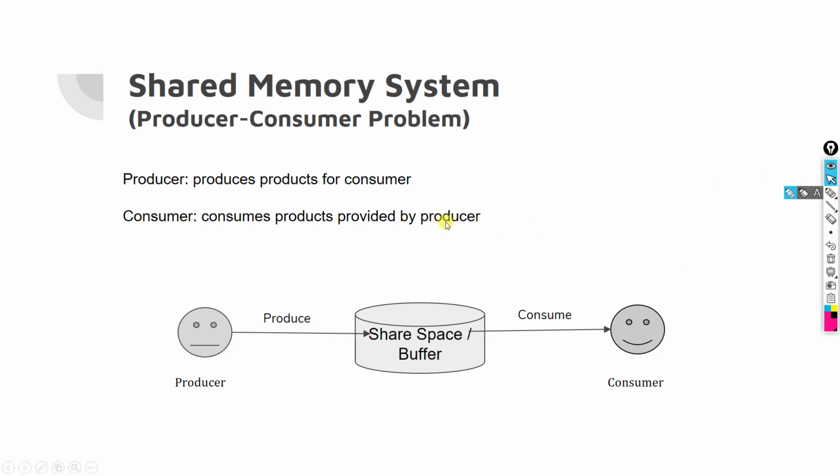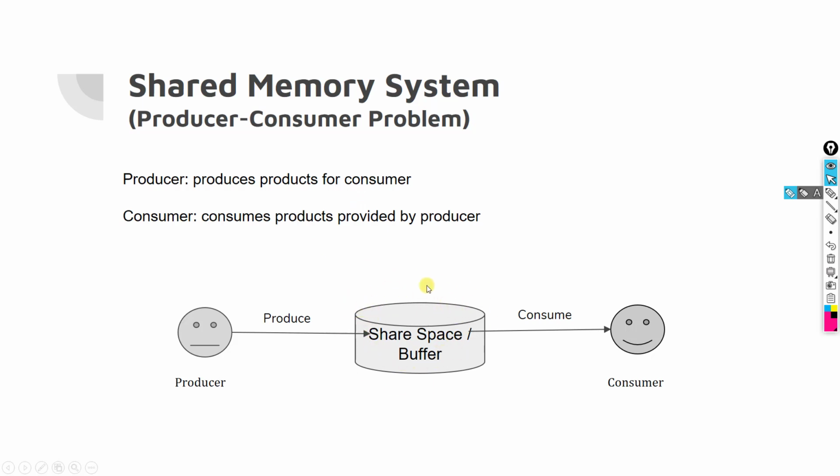So let us now see an example of a shared memory system to solve a problem. So the problem is the producer-consumer problem. What is the producer-consumer problem? In this problem, the producer produces products for the consumers, and the consumer consumes products that are provided by the producer. So here what happens,